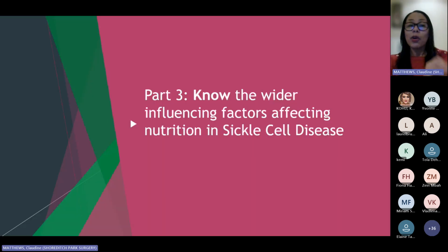So that's the end of part 2, and I hope with those couple of slides there already you can see that there's a lot of things that can affect your nutritional status, your nutritional risk, your malnutrition risk. So you do need to pay attention to these. So we'll move on to part 3, which is, again, knowing some of the wider influencing factors affecting nutrition in